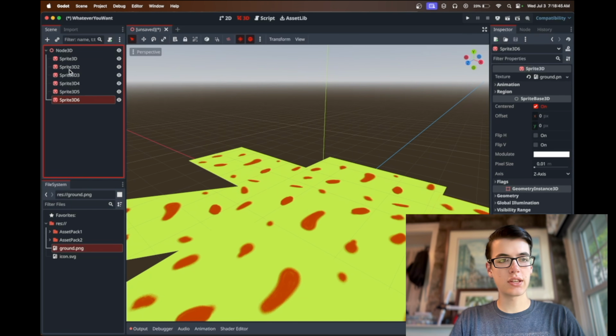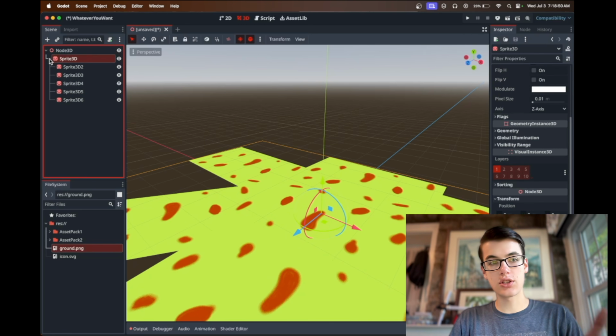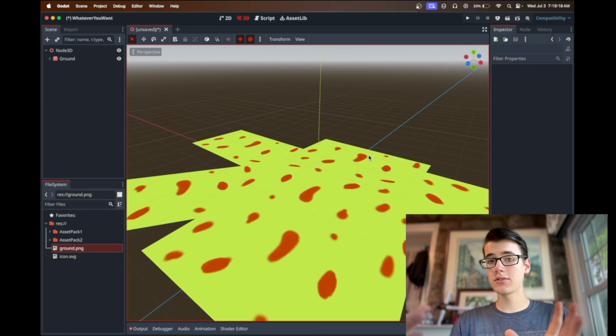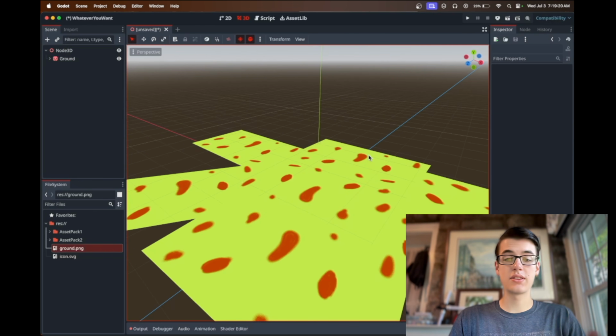Once we've got that done, we can organize them a little bit by grabbing all of them except for one and putting them as children of this one central ground texture. Now, this looks great. Okay, it looks pretty terrible, but the bigger problem is that currently the player will just